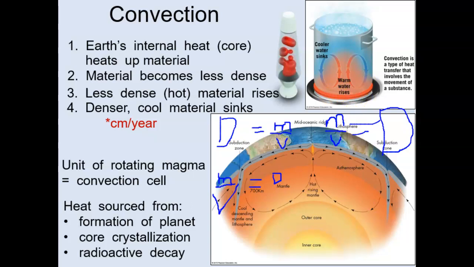These particles are expanding as they're getting hot, and as they expand in volume but remain constant in mass, they become less dense. So as they get less dense, they will rise towards the surface, right? And they will displace the colder and denser particles that are at the surface. They will rise above them, and the colder, denser ones will be below and get closer and closer to that heat